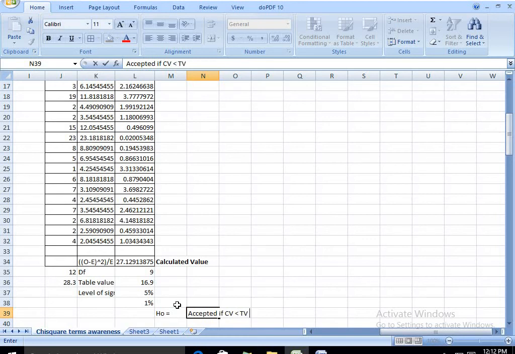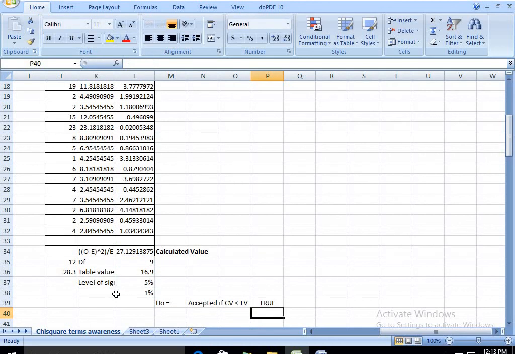So in this case, your calculated value is 27, which is greater than your 16.9. That means what? Rejected. It is true, it is greater than, so it has to be rejected.